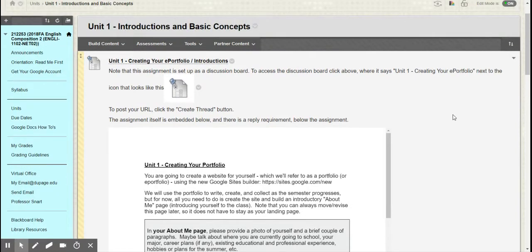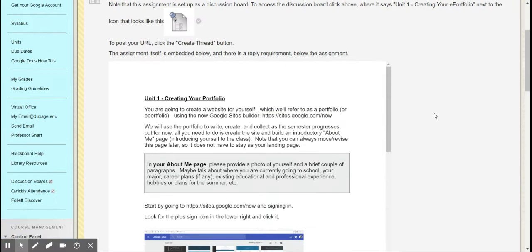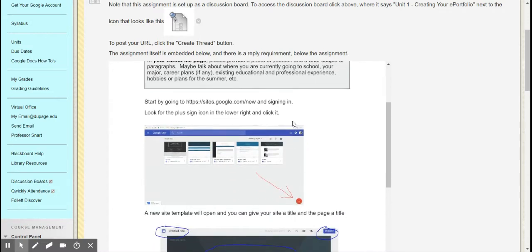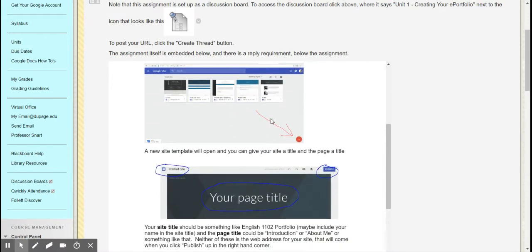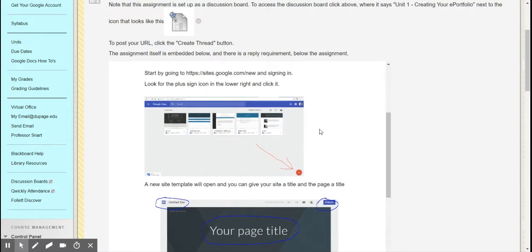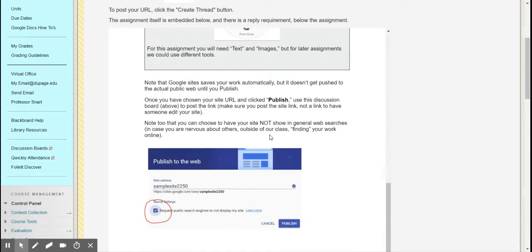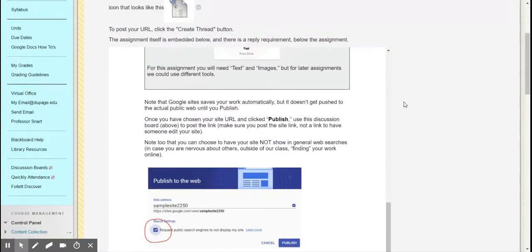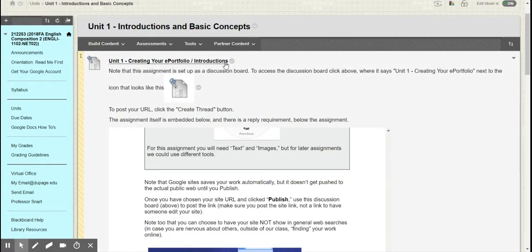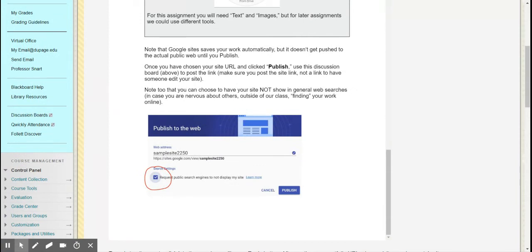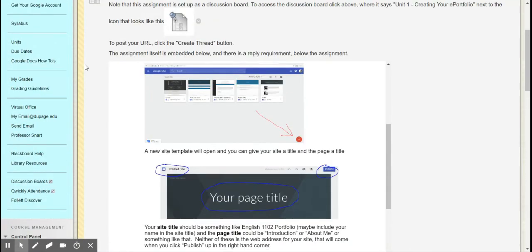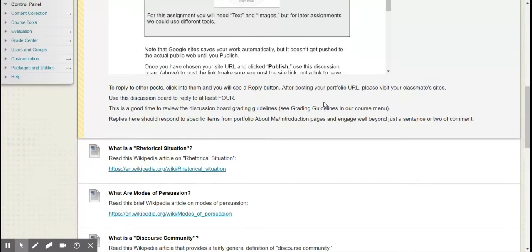So again, as I mentioned in the orientation, you'll notice that many of our units are set up like this. We use the discussion board tool in Blackboard to collect the work that we end up doing. The assignment itself is an embedded Google Doc that you can scroll through with step-by-step instructions, requirements, expectations. Often there'll be screenshots pointing you to what button to click and what things to look for, et cetera. So you can read through all of that and then notice that because it's built as a discussion board, you're doing an initial post where you're taking the work that's required here and then posting it, really just a link to the site that you'll be creating. And then notice that there is a